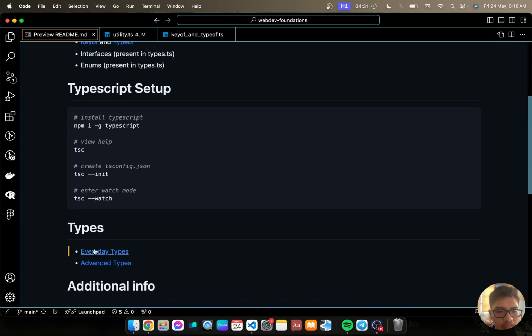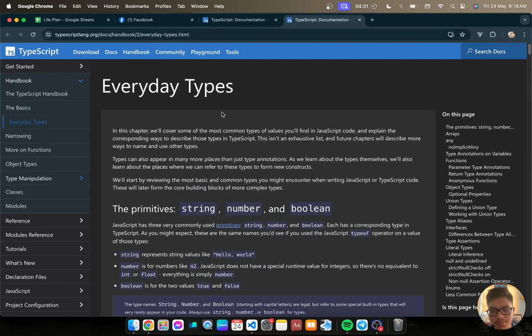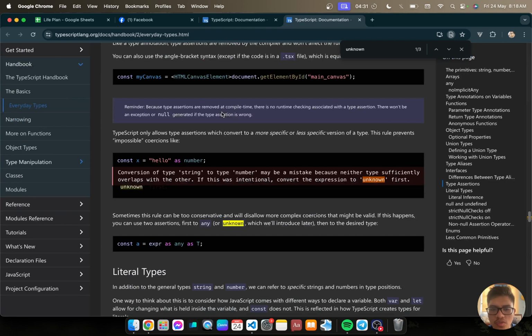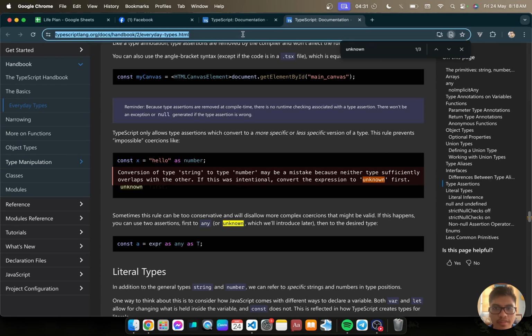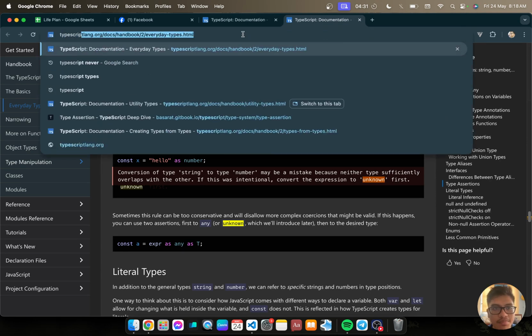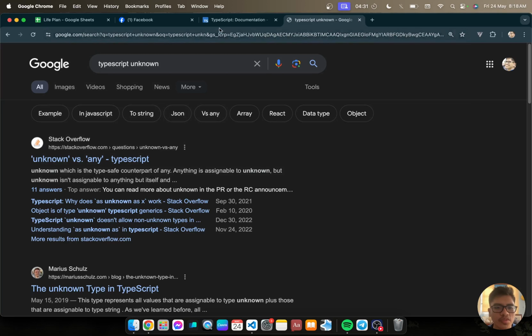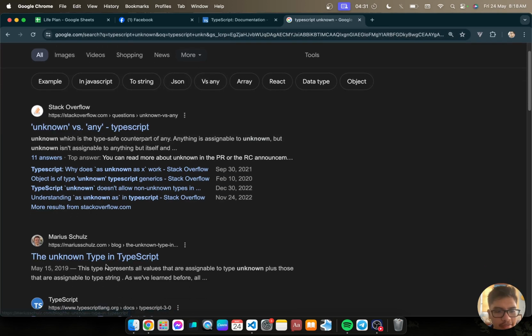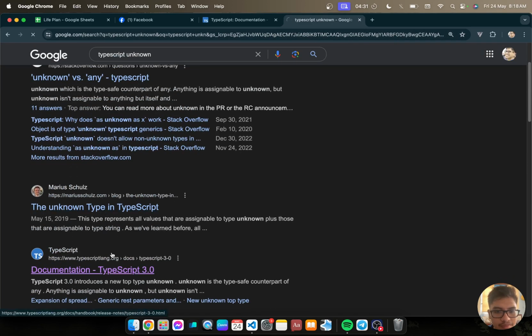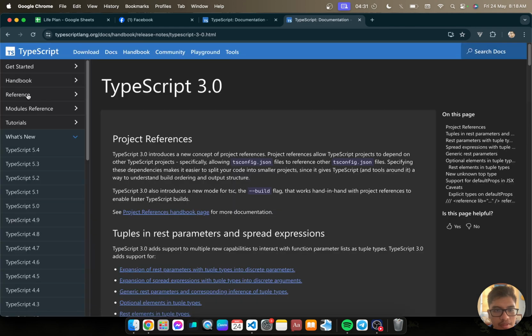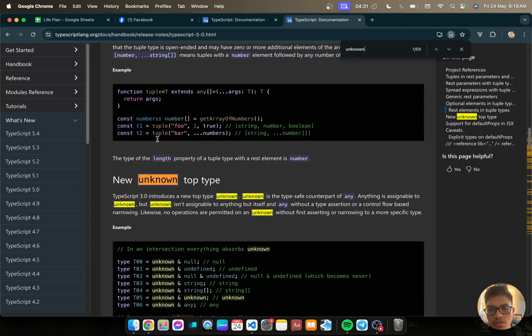So let's go to everyday types, then look for unknown. Let's search TypeScript unknown. Okay.